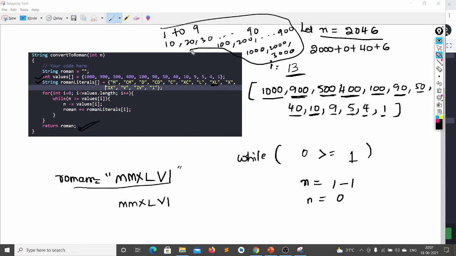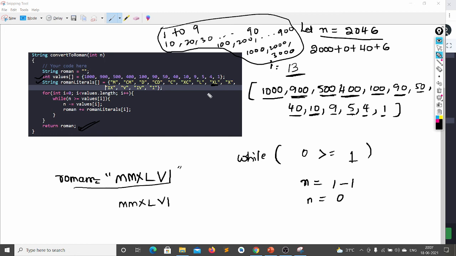But why did we reduce this array to this array? Because there is repetition of symbols in these numbers. So that is the reason we reduced it. Where a new literal comes into the picture, those numbers only we chose.